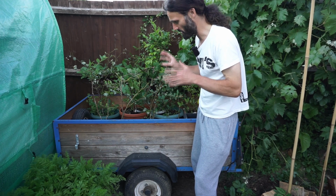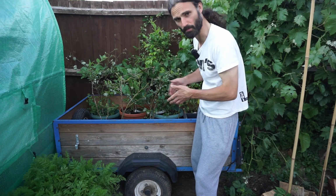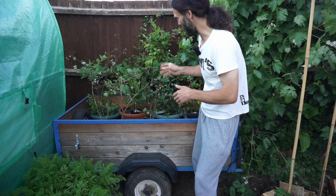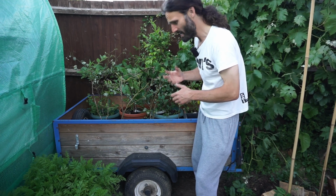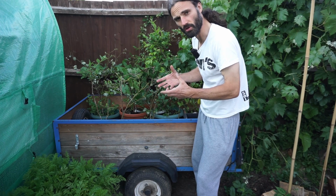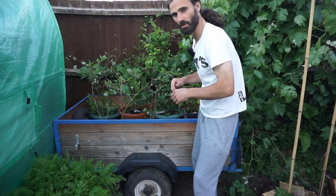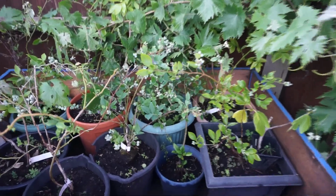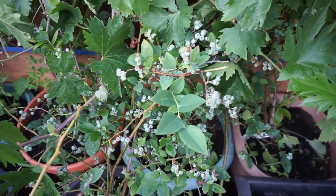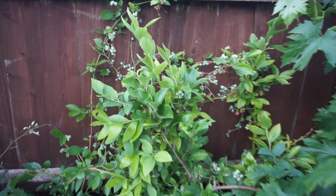Now I'm actually being a bit foolish here. I should have covered this by now with some netting to keep the birds off. If I remember correctly, the blackbirds absolutely love these, so cover your blueberries up. It doesn't need to be a tight netting like you'd use for your brassicas, but just something to keep the birds off would be a wise thing to do, because it would be quite annoying to lose your crop, wouldn't it? So you can see, as I pan the camera, loads all the way up there, so lovely crops to come. All down here as well. I mean, look,